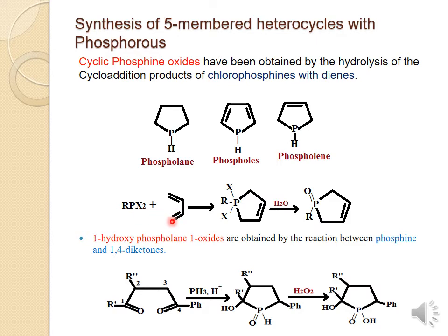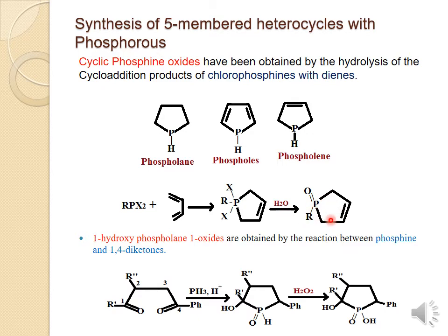Once it undergoes the cycloaddition reaction, you get the adduct, and then upon hydrolysis, the 2 halide groups get cleaved out,